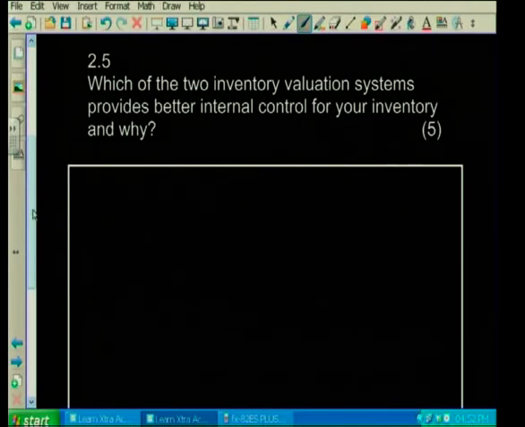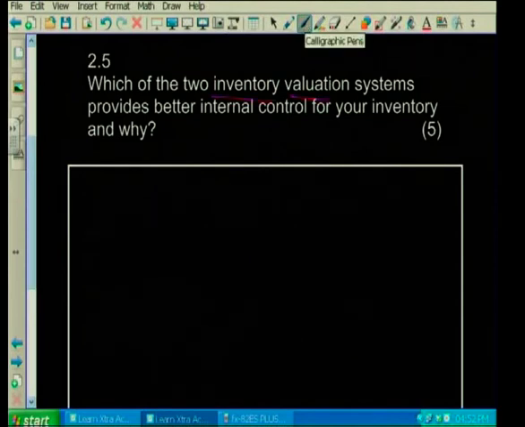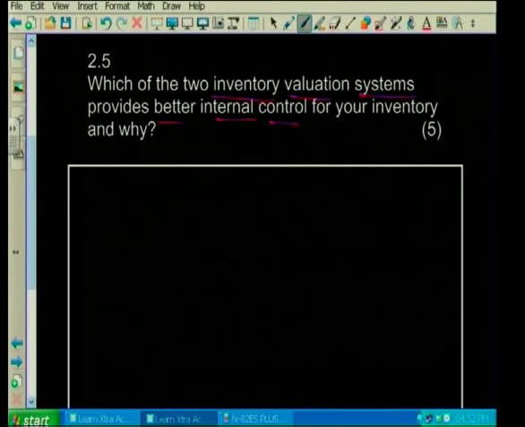Which of the two inventory valuation systems provides better internal control for your inventory, and why? Notice once again, we're talking about inventory, we're talking about internal control. Remember what we said? Internal control is there to safeguard our assets. Okay, now,